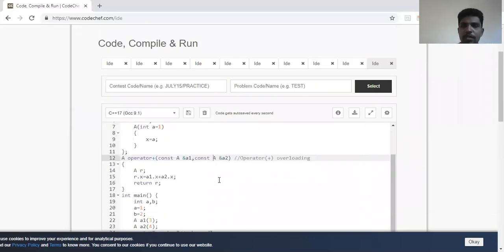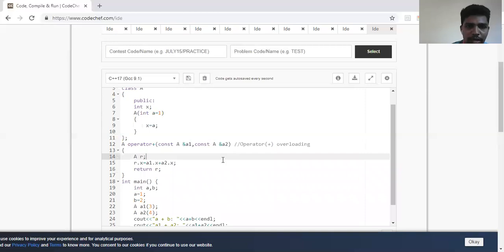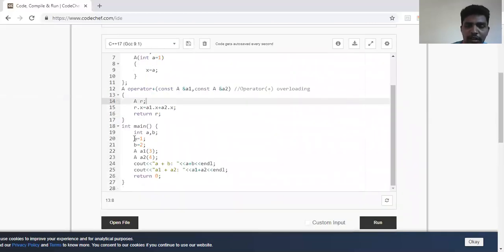So this is the concept of operator overloading. What I'm doing here in operator overloading is I'm using a keyword which is called operator, and which operator I want to overload. I want to actually overload the plus operator. So what do I want to overload and why do I want to overload? What I'm telling here is plus is only defined on integers. As you can see here, a plus b will give me the answer.